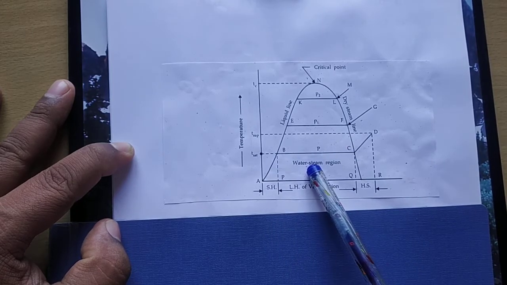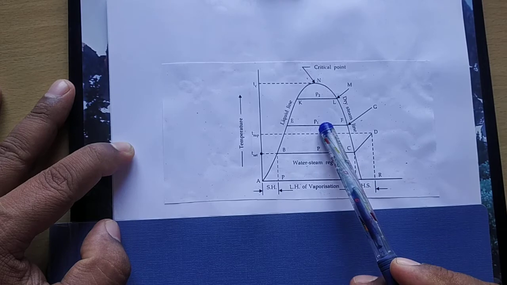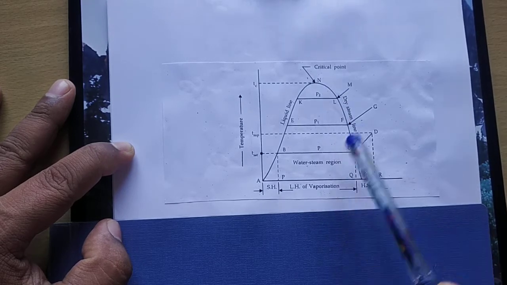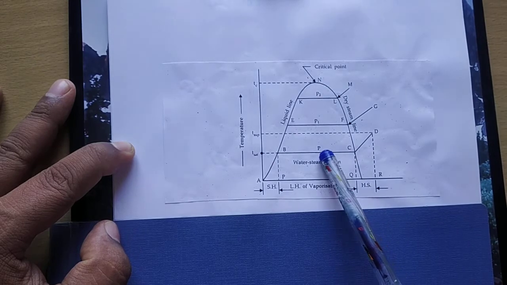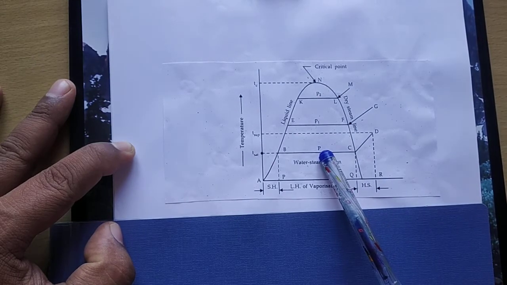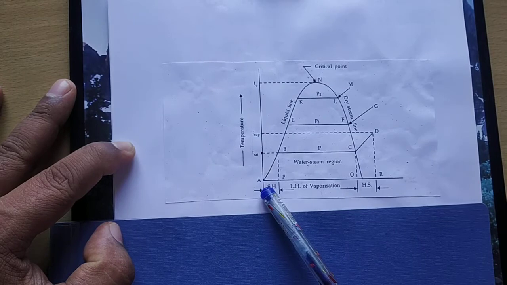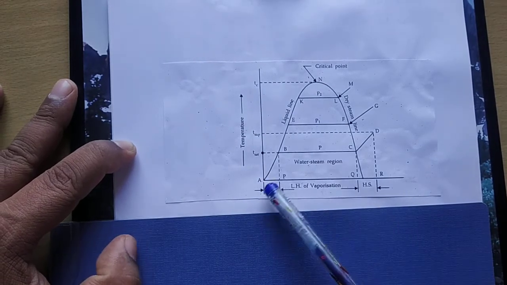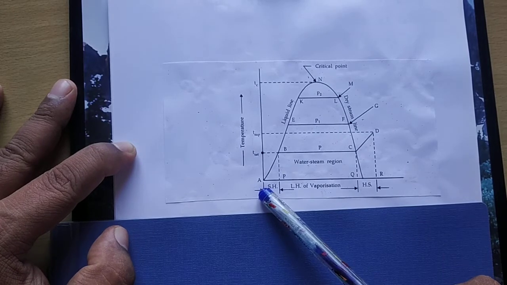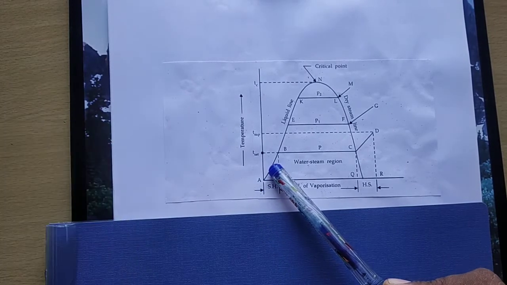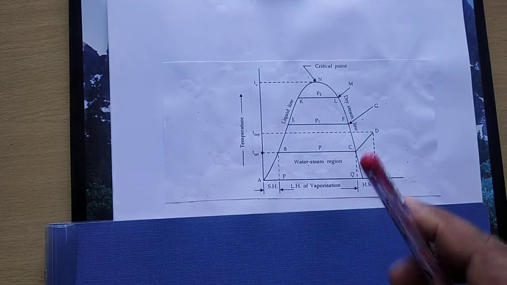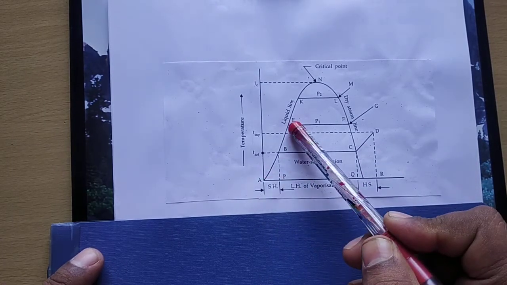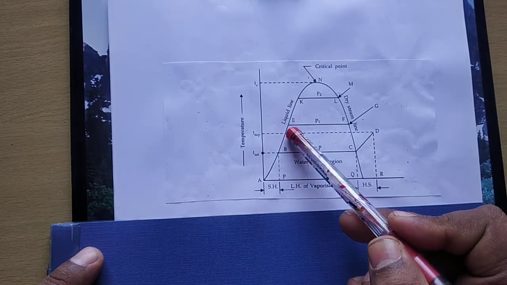Similarly, if I increase this pressure from P to P1, or initially if I take this as P, from P pressure I increase it to P1 pressure. So again I start with point A at 0 degrees centigrade. At pressure P1, when I am supplying heat to this water at 0 degrees centigrade, the temperature of the water increases from A to E. I repeat, the temperature of the water increases from A to E.